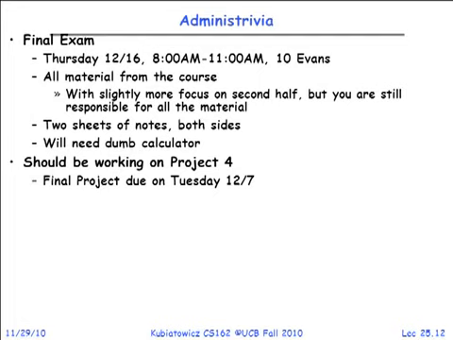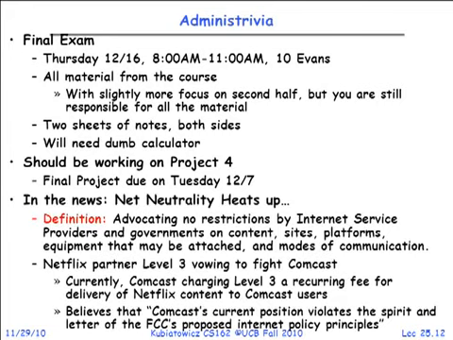So, I ran into this today, which I thought was pretty interesting. Net neutrality has been more and more in the news, and Comcast has been at the center of it as one of the chief violators, maybe. So what is net neutrality? I'm not going to go into it in a lot of detail today, but it's basically this notion of advocating there be no restrictions by internet service providers or governments on content, sites, platforms, equipment that may be attached, modes of communication. So net neutrality is kind of patterned after what happened with the telephone companies back when the Bell monopoly